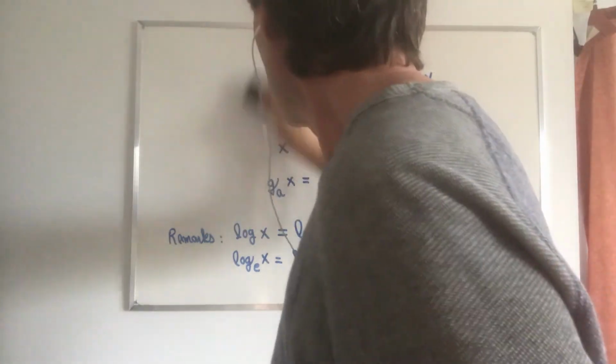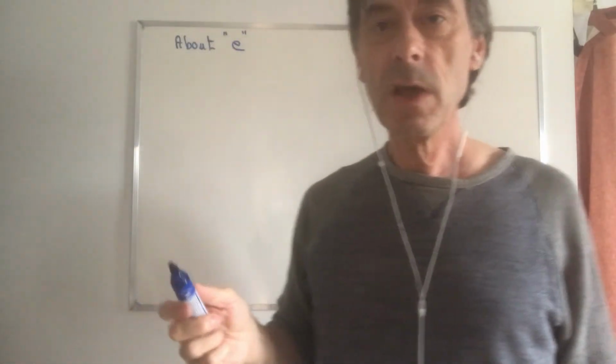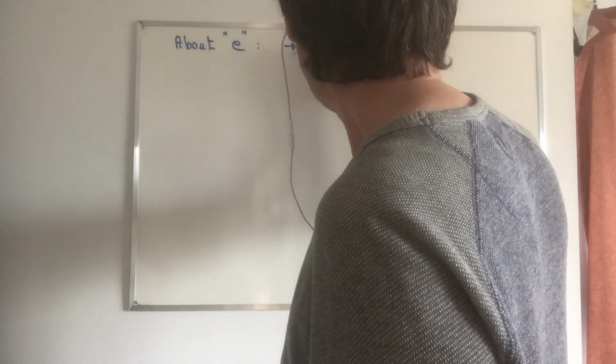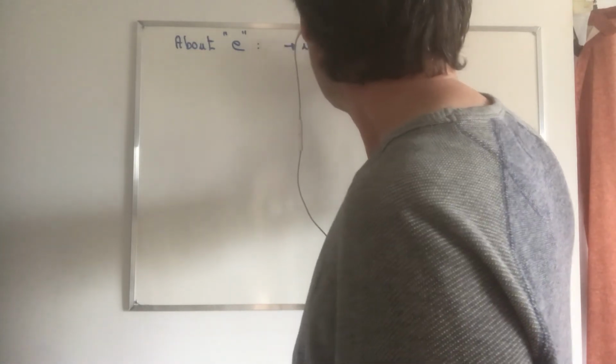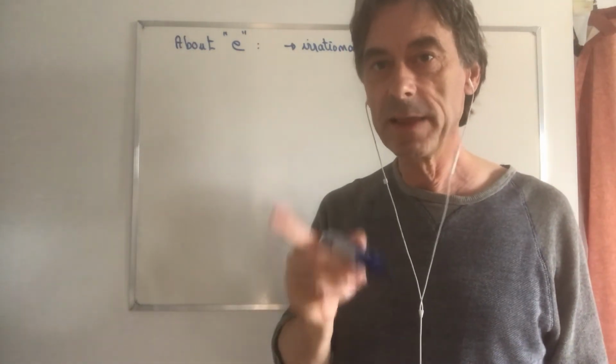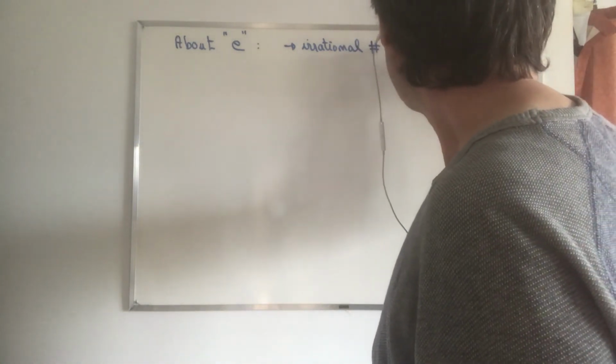So let me get rid of all this and let's talk about the number E. So about the number E. E is an irrational number. What other irrational number do you know? Pi. Yeah, it's exactly in the same family as pi. Irrational number, and its value